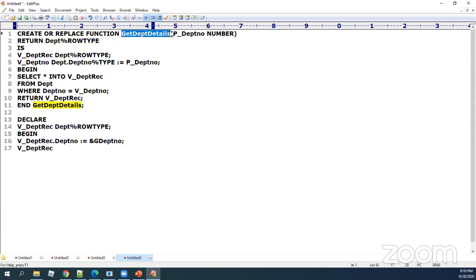So now you watch carefully. I'm calling this function here, and I'm supplying the criteria of v_department_record of that department number. And then I'm saying dbms_output.put_line. Once it is returning this record type, in this I'm having all the three columns.